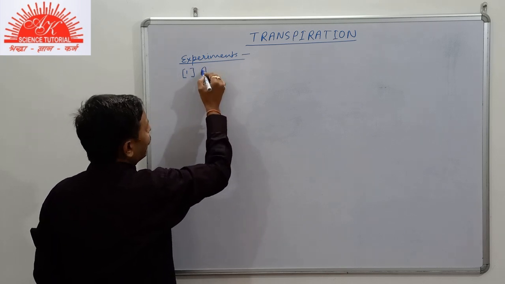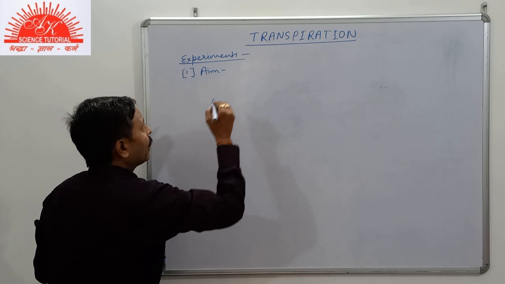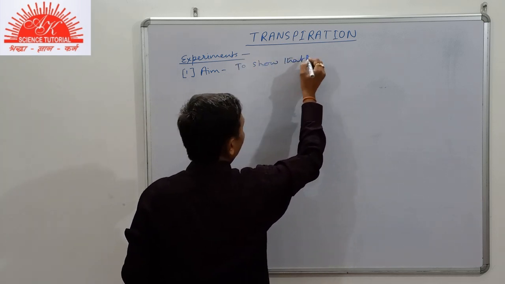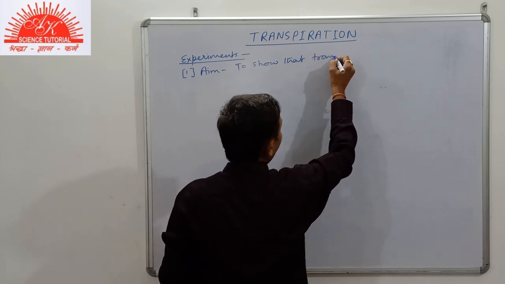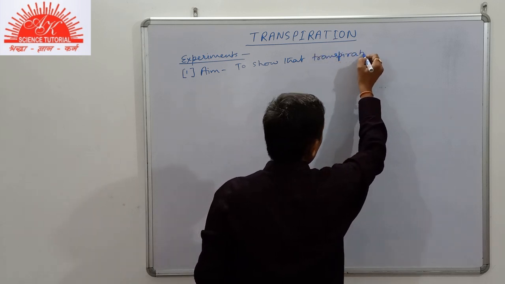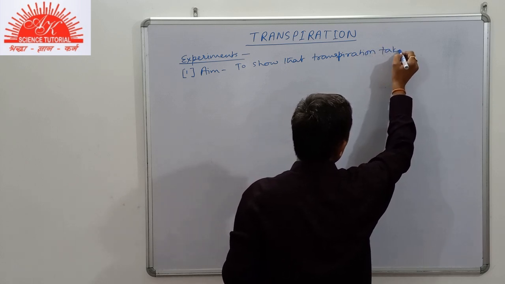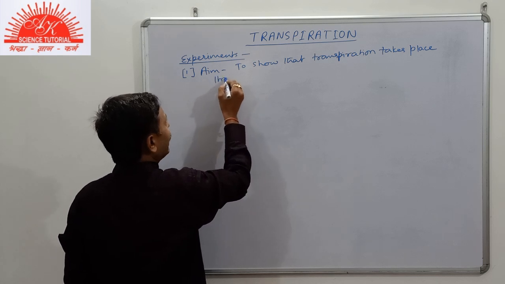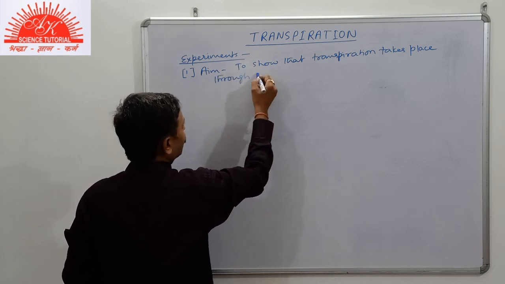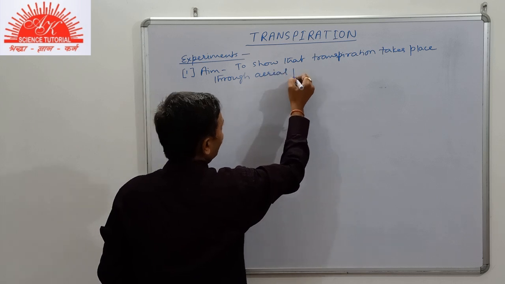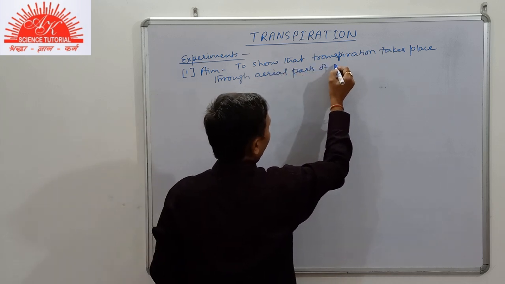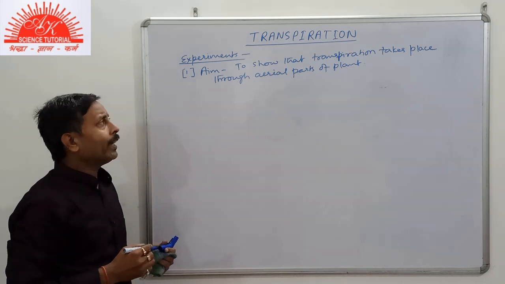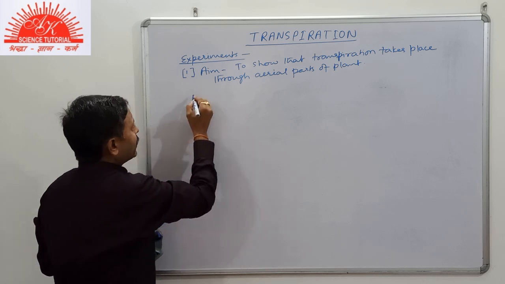We have to write here the aim of the experiment: to show that transpiration takes place through aerial parts of the plant. Now for this aim of the experiment, we have two experiments. The first experiment,